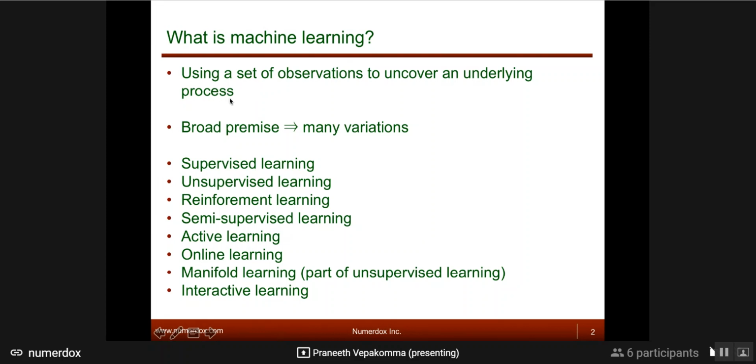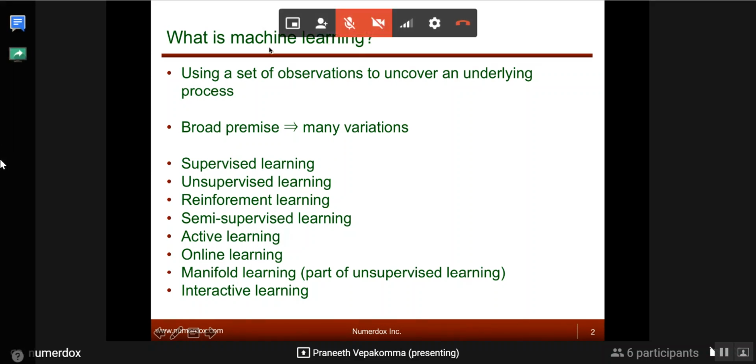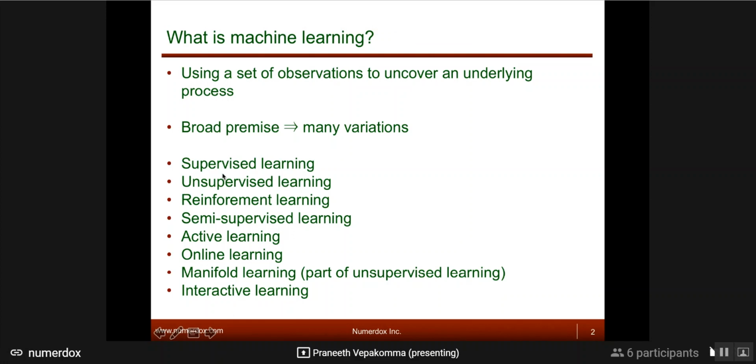Data science as a word itself speaks for itself, right? So there's a very broad premise. Not all machine learning techniques solve the same kind of problem. There are different kinds of machine learning techniques and different kinds of paradigms within machine learning itself. That's the overall point. So I listed some of them here. I will do a 1 or 2 liner about what kind of paradigm this is and what kinds of problems fall within this paradigm. This is a very high level view. All right, that's the goal.